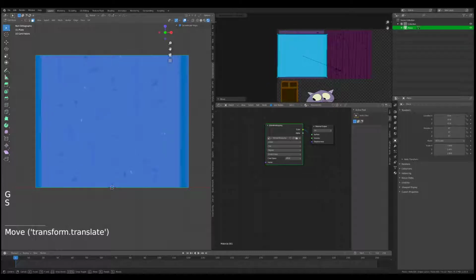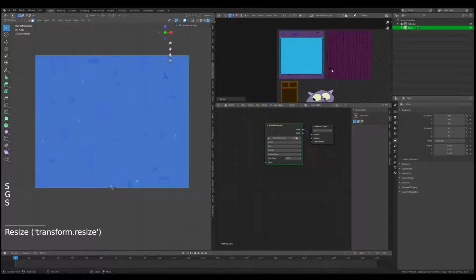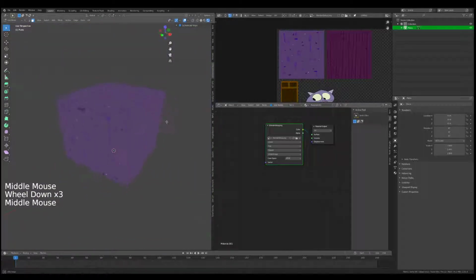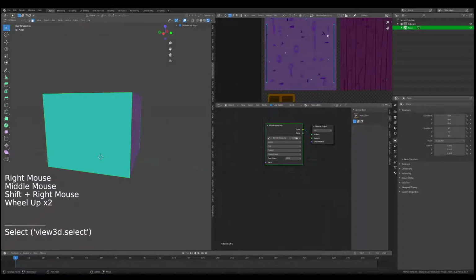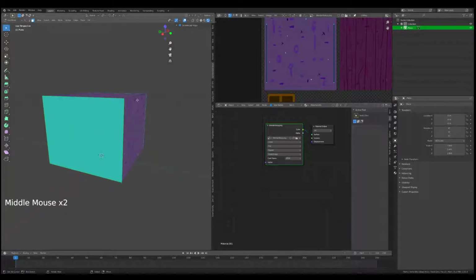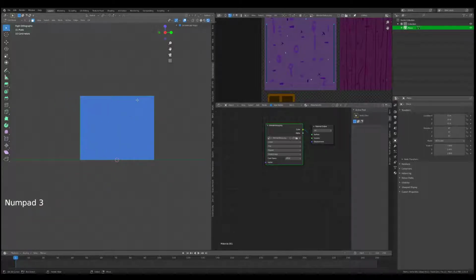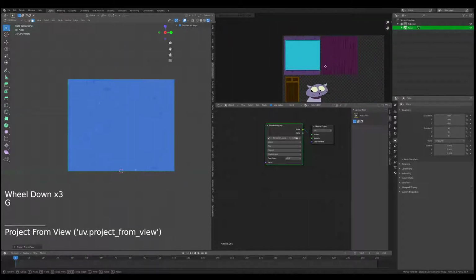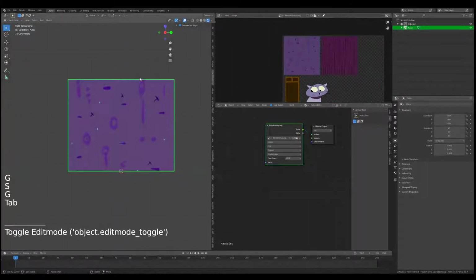What does that mean? Well, if we zoom in and try and fit this in here, it's going to work from the front and the back. So front and the back now have that texture. If we click on the sides here, you can still see that's flattened out. Have those only selected, navigate towards the side. That is numpad 3. We're going to go to UV, project from view, navigate this up here,